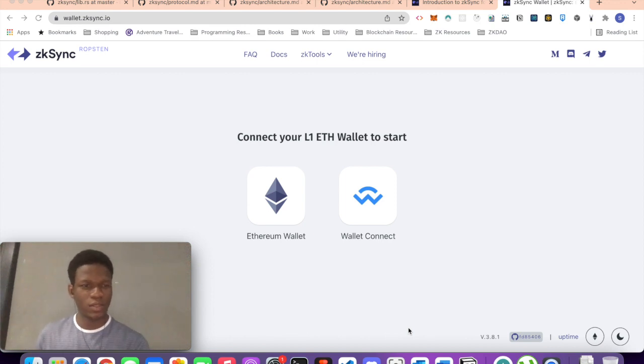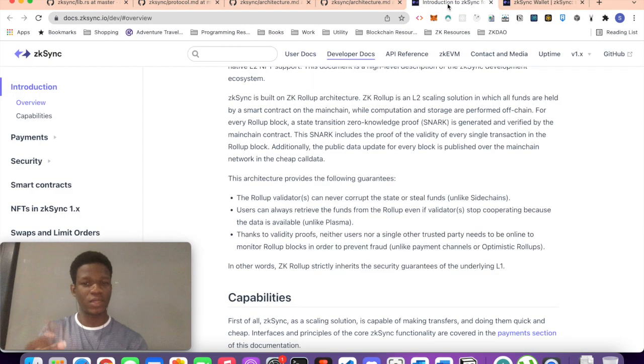So in this demo, we're going to be talking about zkSync. Basically, zkSync is a privacy engine. It runs on Ethereum, and it rolls up transactions from zkSync to Ethereum using zk rollup technology, which is an L2 scaling solution. Basically, there's a smart contract on Ethereum that holds all the